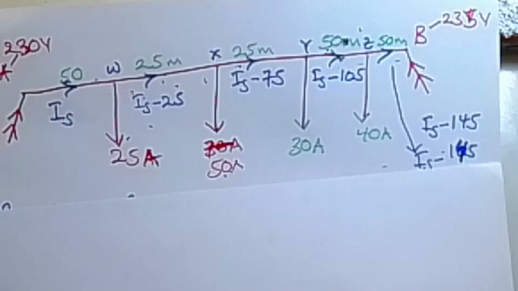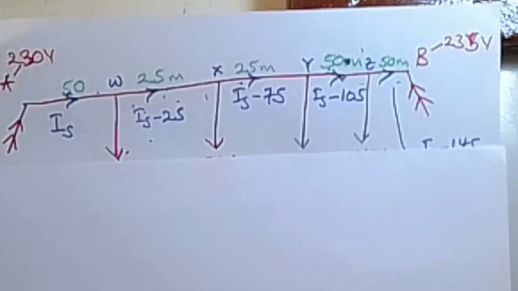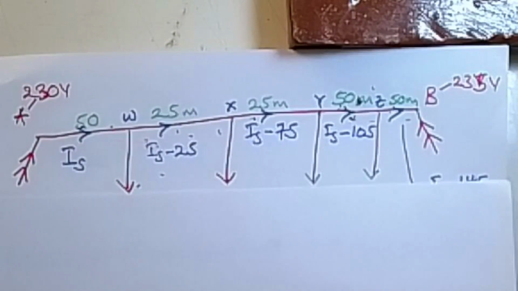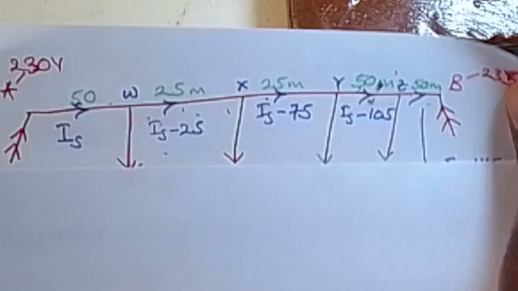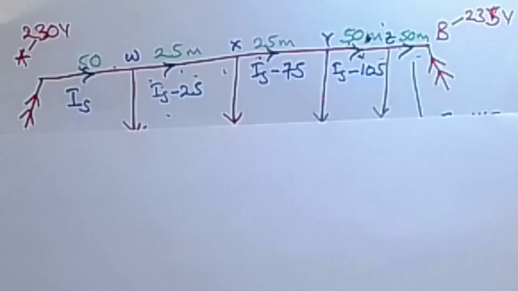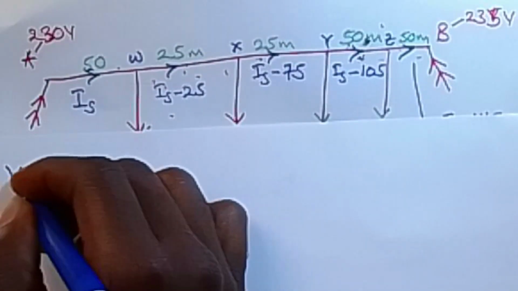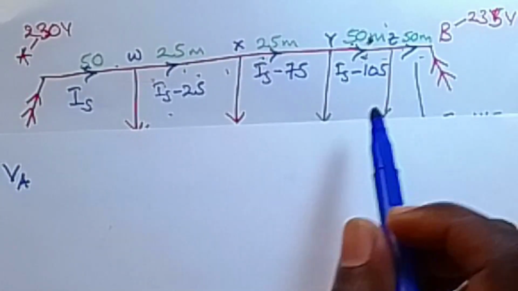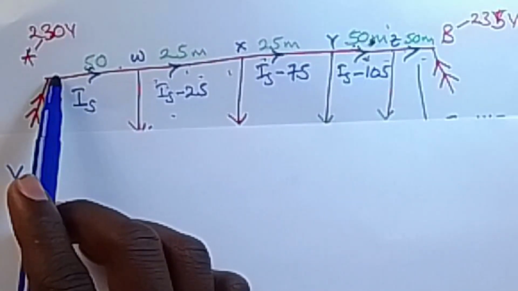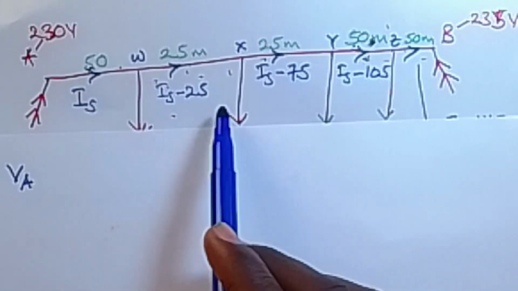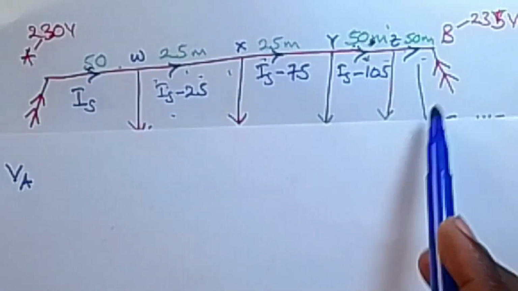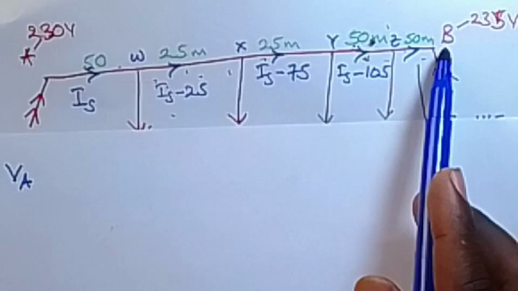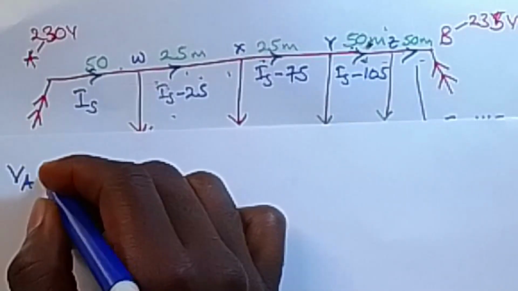So, using that diagram and referring to what we had earlier on, we are going to say that the voltage at point A, like the way we had done earlier on, is going to be equal to the sum of the voltage drops along this line plus the voltage at the other end, not so? So this is going to be equal to